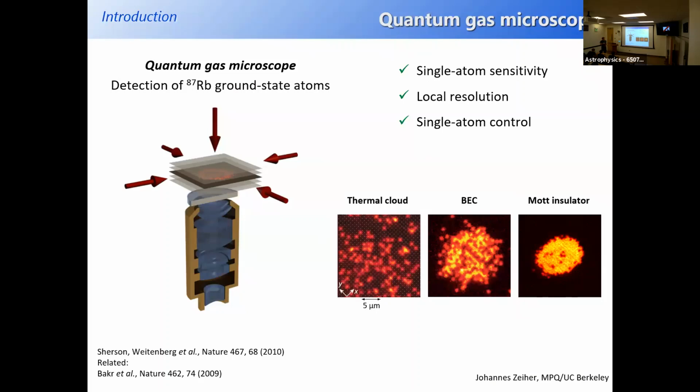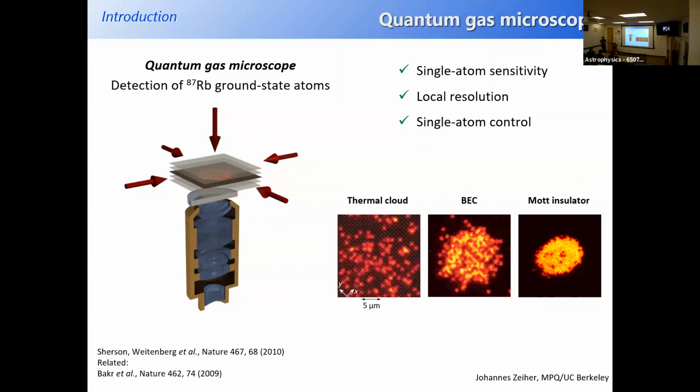Many of the experiments I'm going to show you start by preparing such a 2D gas in a Mott insulator state. A Mott insulator is a state where, in a lattice, you have exactly one atom per lattice site in one single layer of the lattice. So it's like an array of atoms that you can image and compare with the lattice. This is a very good state because we know exactly that there's a single atom, so we don't have double occupancies and there are no on-site interaction shifts. It's a well-defined initial state, so most of the experiments will start from this Mott insulator.